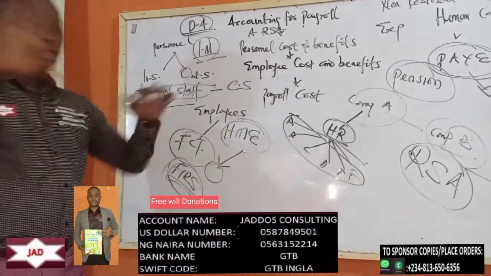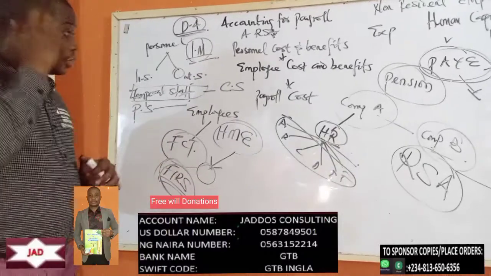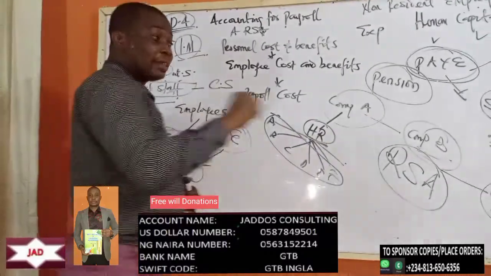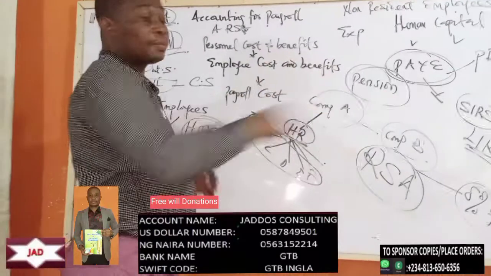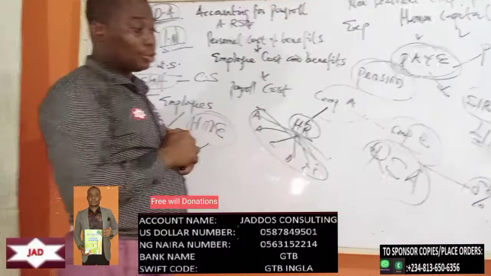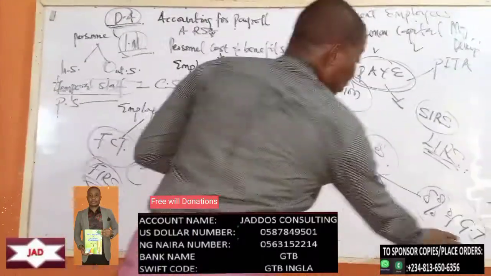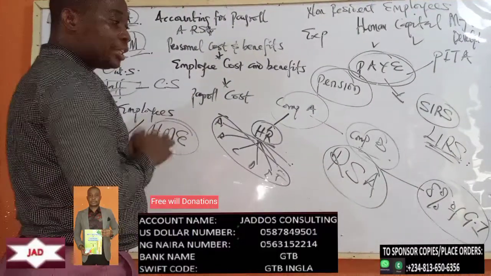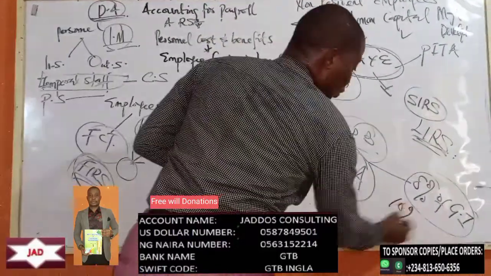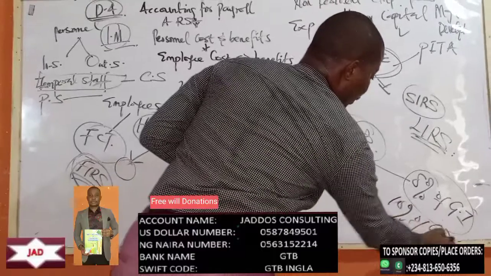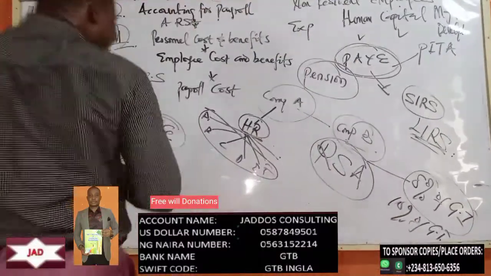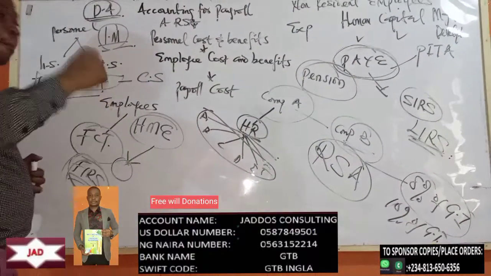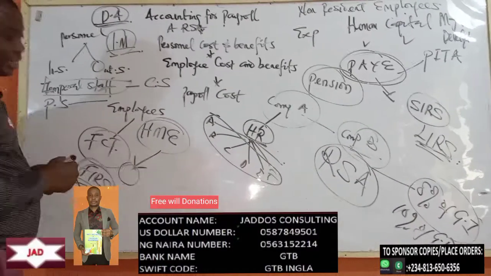So depending on whichever one you want, there are procedures in place to get that amount remitted to the expected administrator. So basically, you're going to contribute 8% of your gross income as an employee. Then your employer will contribute 10% of your gross income. So now in computing the income tax,